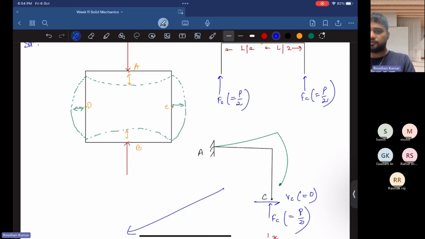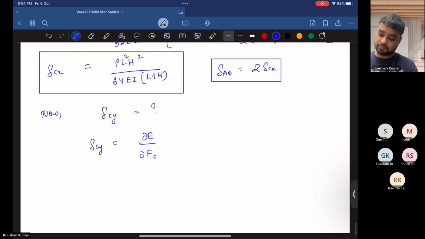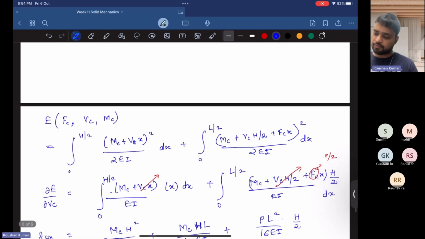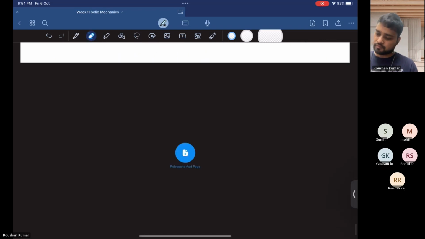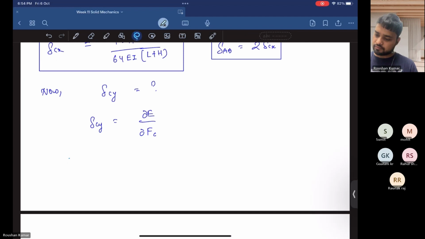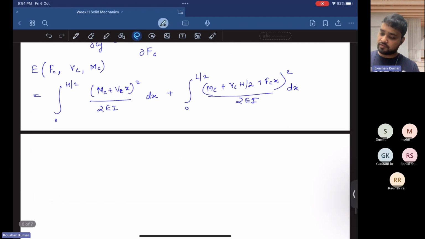Now we have to find the vertical displacement. For that we have to take the derivative with respect to vertical force, that is Fc. So del A upon del Fc. So what is the energy? I just copy the energy one more time. So this is the energy, and if we take the derivative with respect to Fc, we will get,